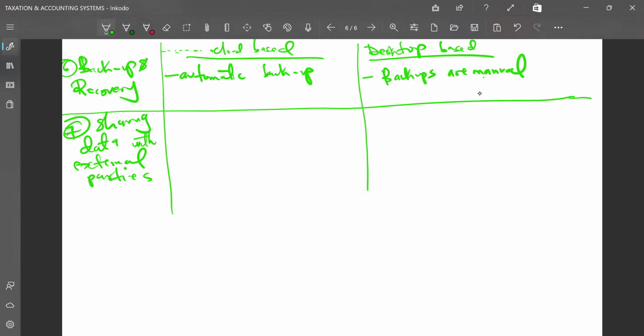Now, in a cloud-based accounting software or accounting system, remember you are working on a remote database and operations are centralized. And depending on the access rights of the users, they are able to access this information real time. For example, some of these external parties were external accountants. You might involve the services of external accountants whom you want to oversee your financials. You want them to be able to maybe give you some custom-made reports, and they are not within your premises. How do they get the financials they need?